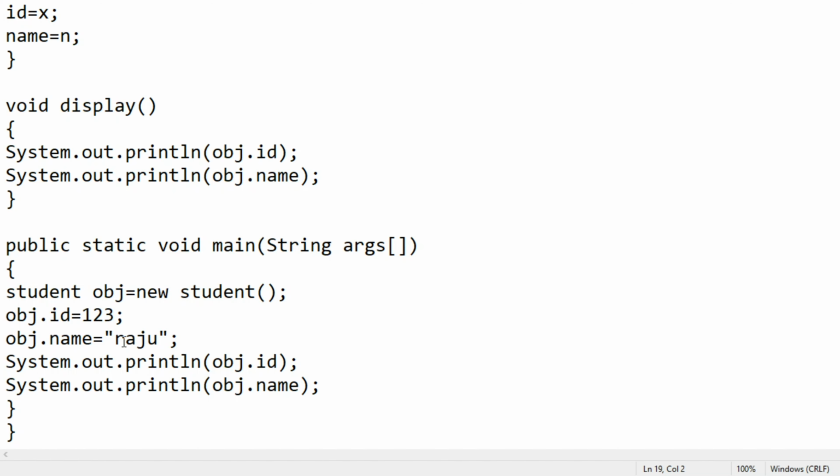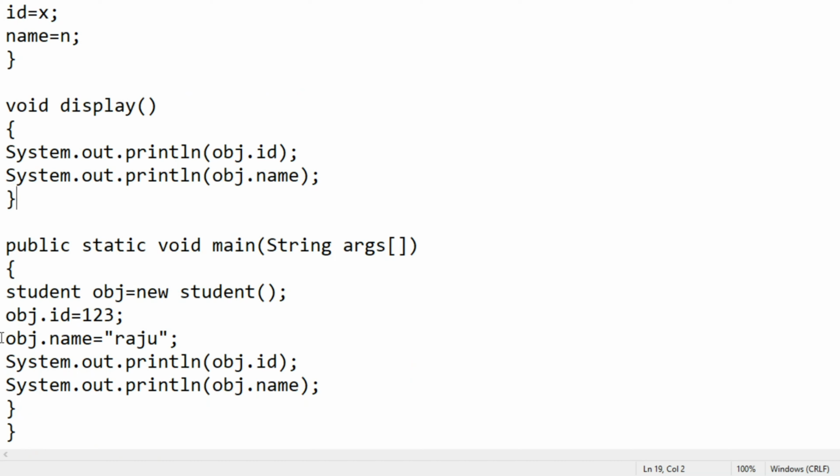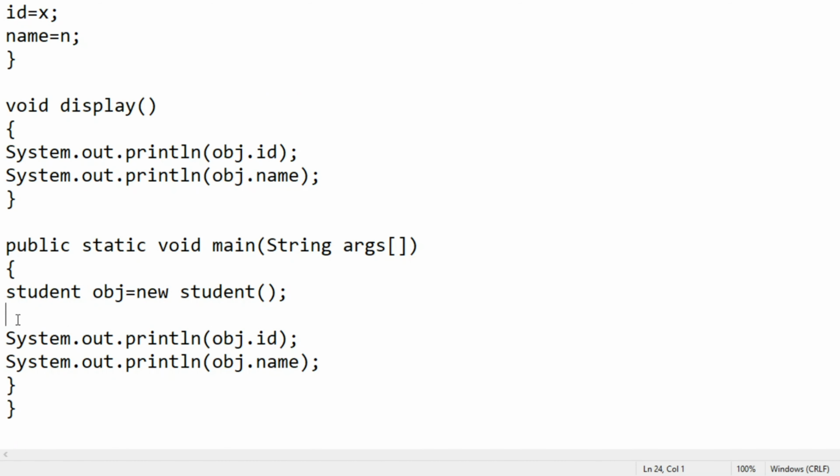Here there is no need of obj.id and obj.name because we declared them in the method named insert. So we have to call the insert method.